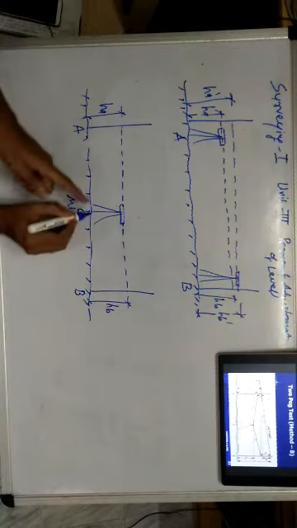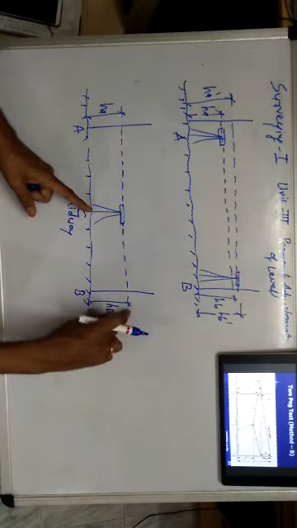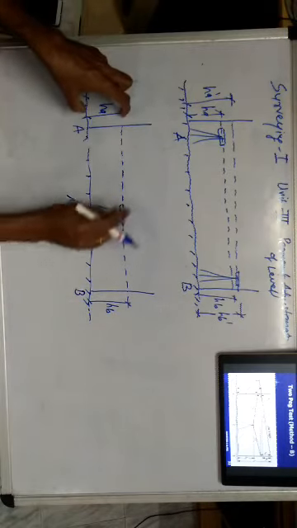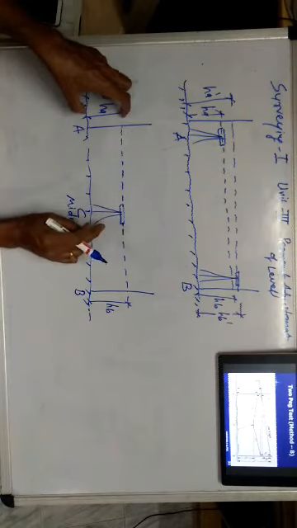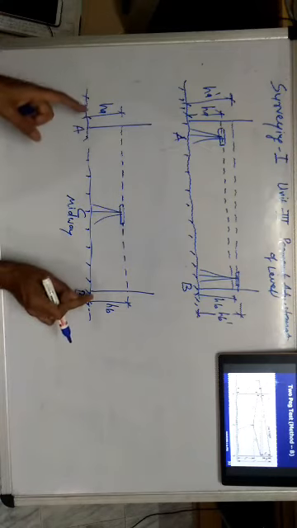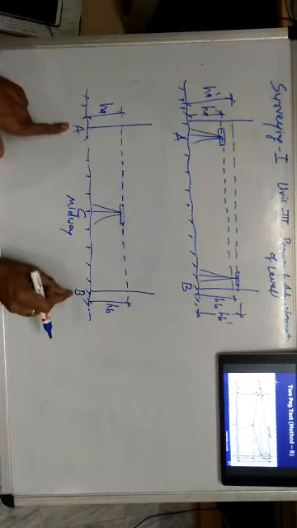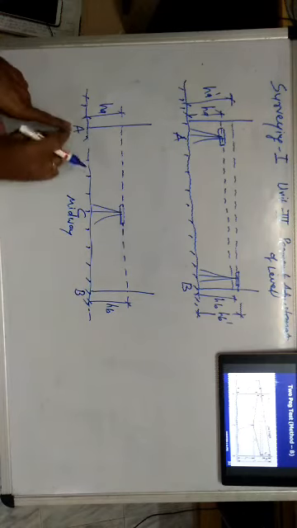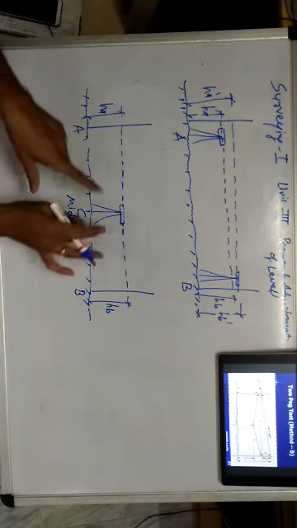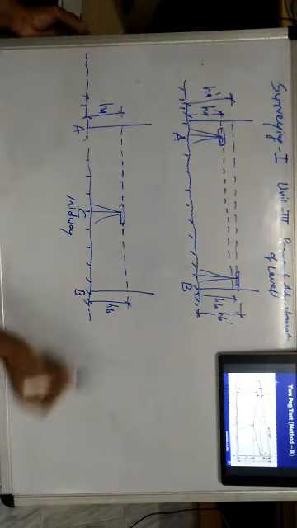Now if there is an error in the instrument, because this distance is the same, the error in this reading is equal to the error in this reading. If some permanent adjustment is required in the instrument, the error on both sides will remain the same, because the instrument is placed midway between them. In such a case we can also calculate the RL difference between A and B. Again we calculate the RL of A, the RL of B, and the difference between these RLs. With the same setup, we can also take any other point, behind A or behind B.